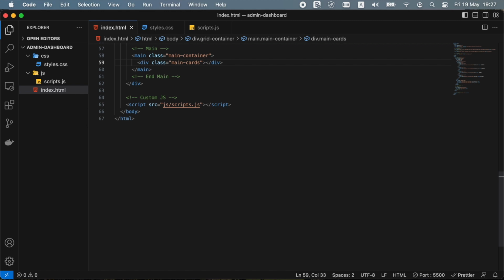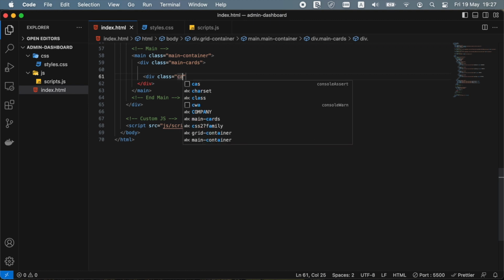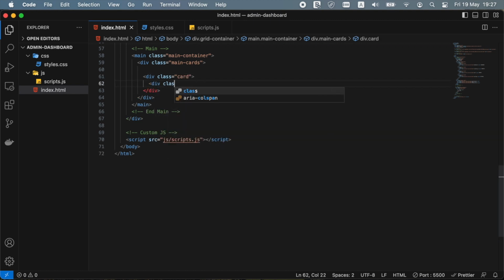The first to display the number of products currently available for sale, the second to display the number of purchase orders, the third to display the number of sales orders, and the fourth to display the number of inventory alerts in the system. First, let's add a div with a class of card and then inside another div with a